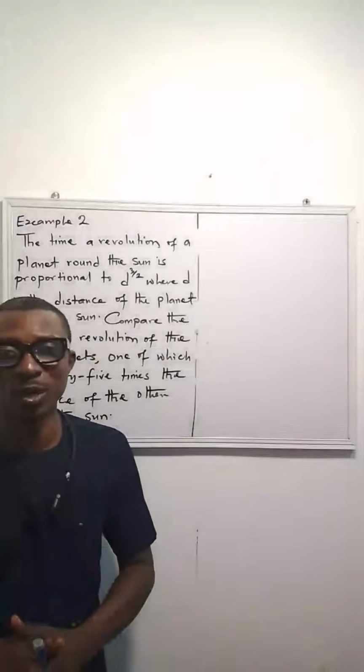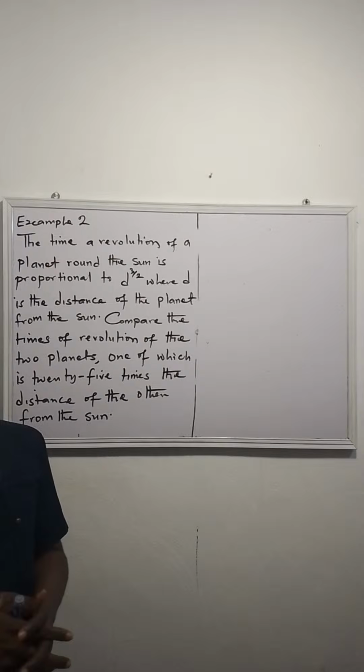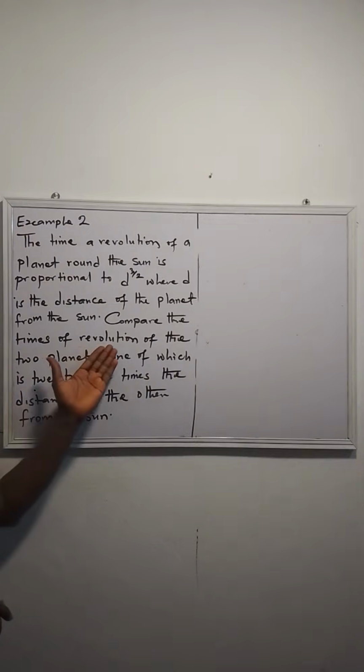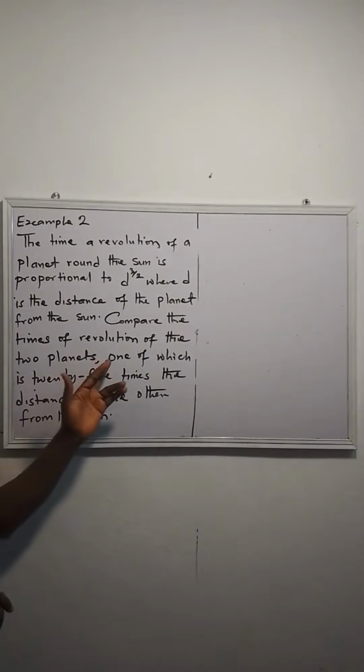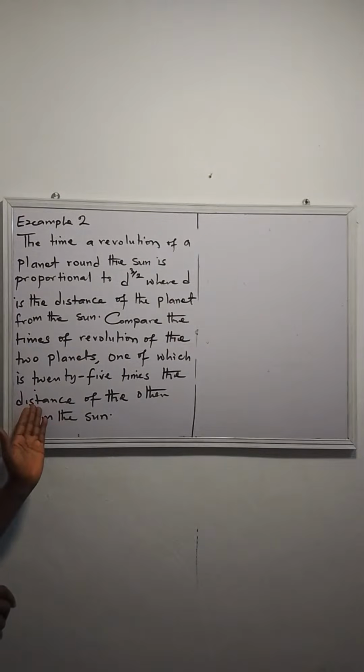Yes, this is another question which I want us to read carefully, and let's get the way you are expected to solve this problem. All right. So let's look at the problem. Now, the time of revolution of a planet around the sun is proportional to d raised to the power of 3 over 2, where d is the distance of the planet from the sun. Now, compare the times of revolution of the two planets, one of which is 25 times the distance of the